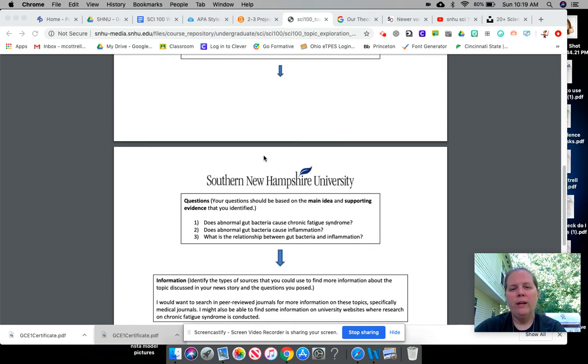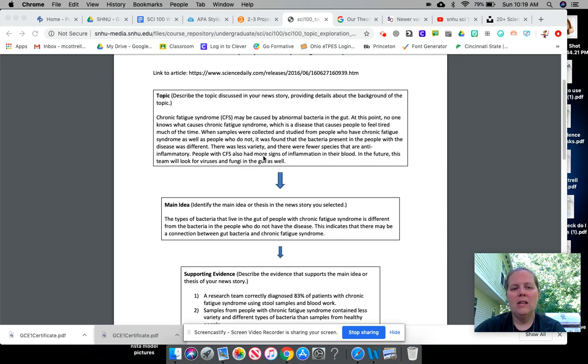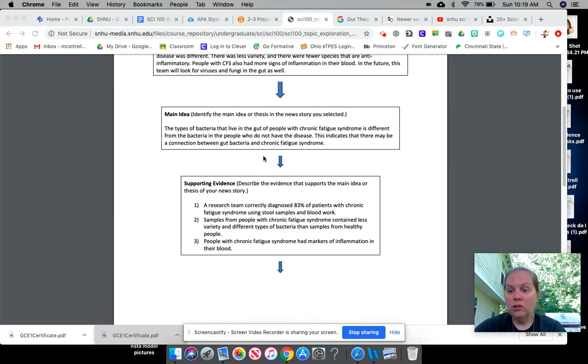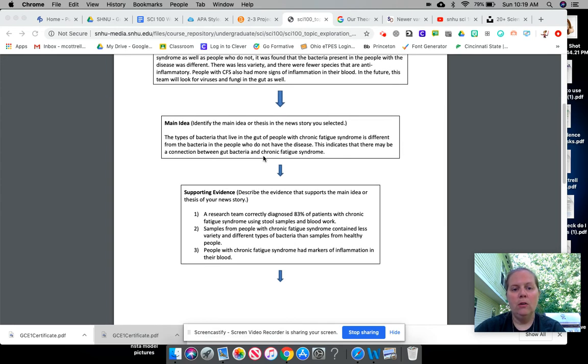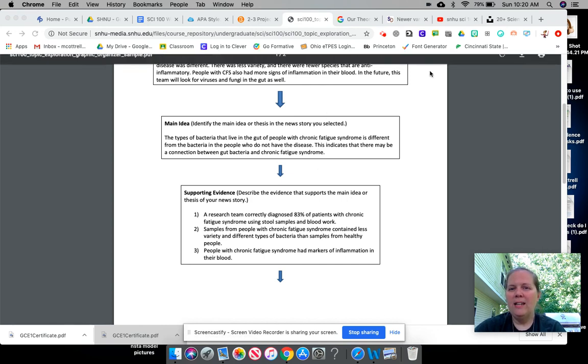Always avoid direct quotes. So there should be no direct quotes anywhere. Check your Turnitin report to see if you've matched the source too closely, and then go ahead and make those changes. I've added how to do that in the week 2 announcement, the Sunday announcement. Okay, email me if you have any issues.